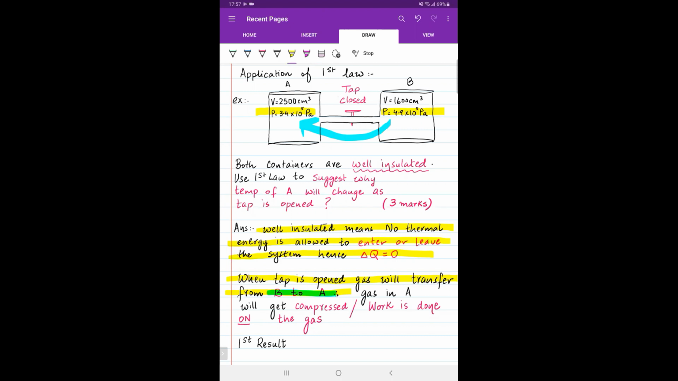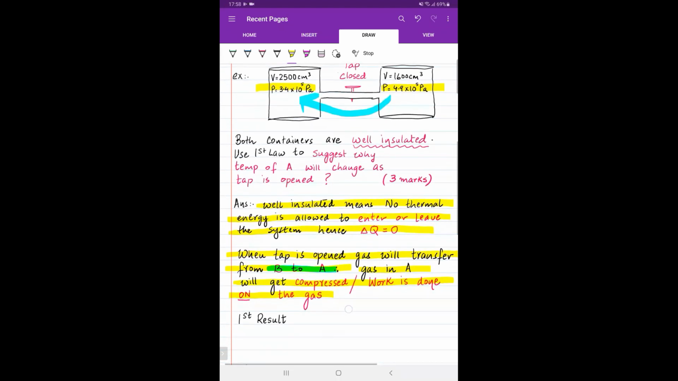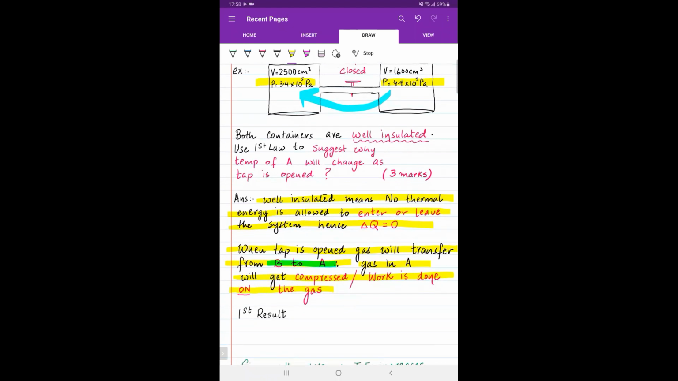Therefore, gas in A will get compressed / work is done on the gas. तो ये आपका सेकंड स्टेटमेंट हो गया, ठीक है। तो अब दो स्टेटमेंट्स तो पहले आपने लिख लिए। अब लेट अस असूम कि अगर आप फर्स्ट वाला रिजल्ट यूज करते हो, आई एम होपिंग कि आपको फर्स्ट रिजल्ट याद होगा। फर्स्ट रिजल्ट ये था।